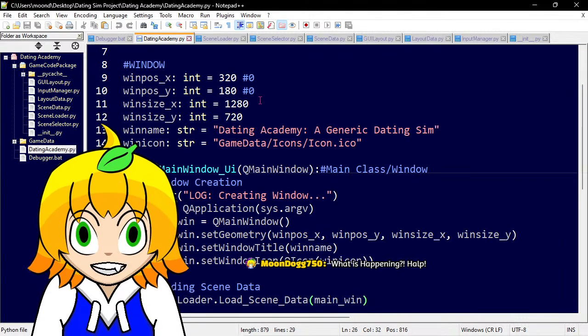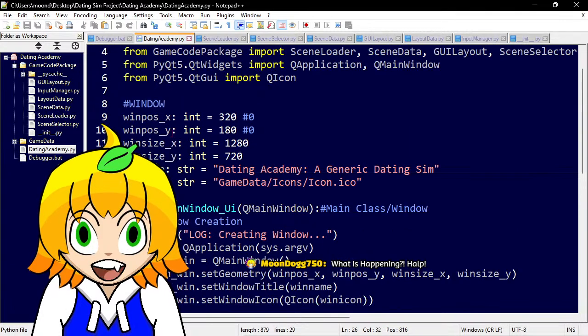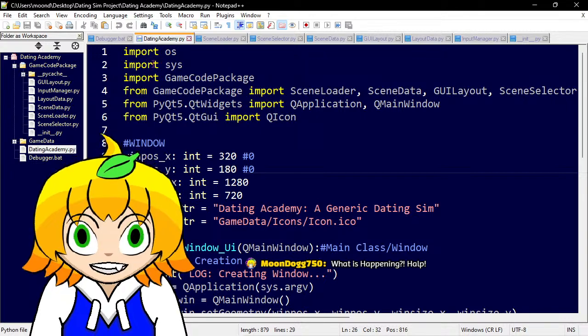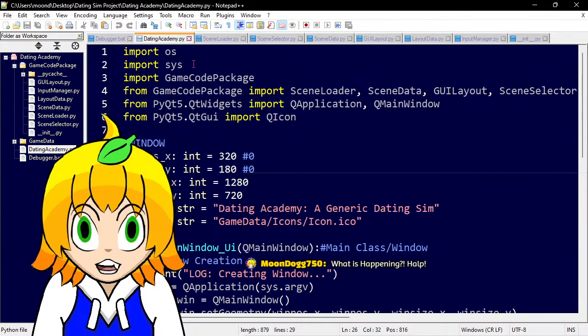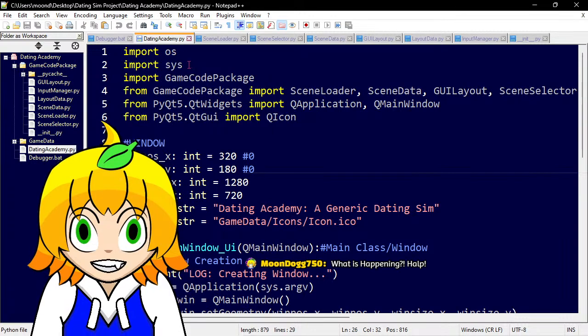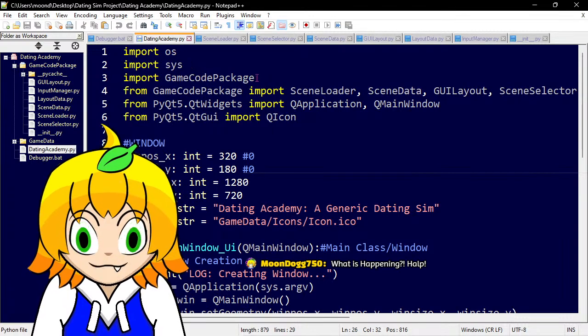Central processing, basically. What we got here is we call the operating system. We import operating system functions. We import system. We import the game code package, which is what I'm calling our package, which is here.